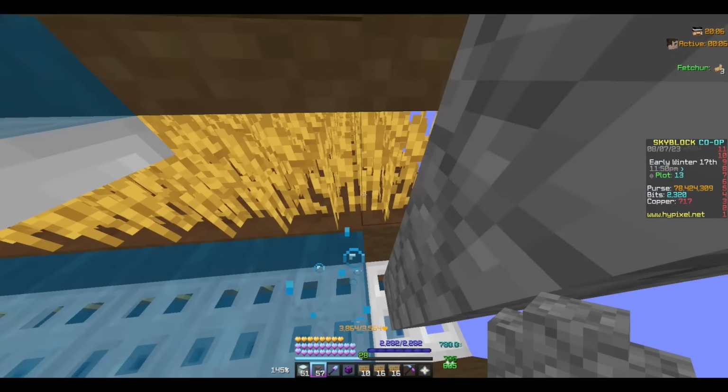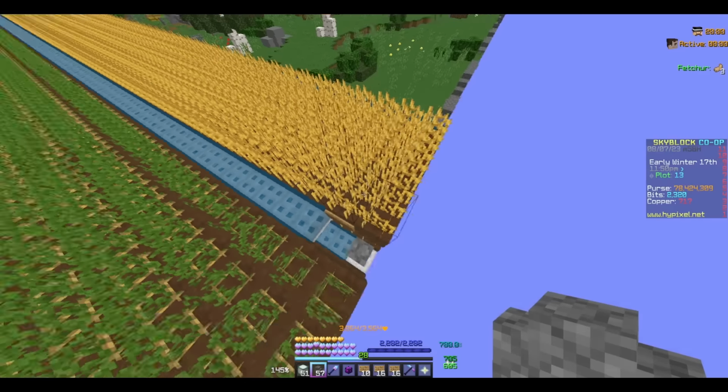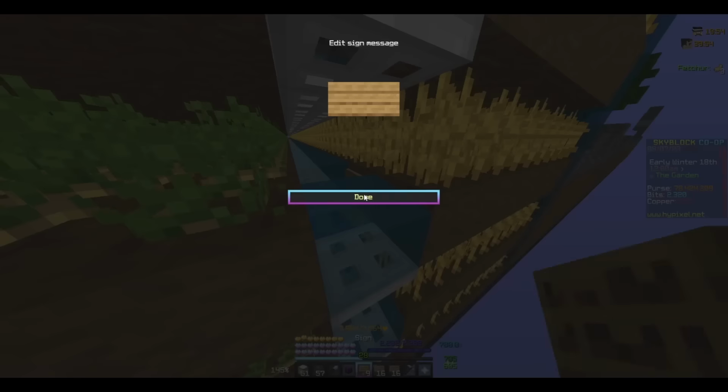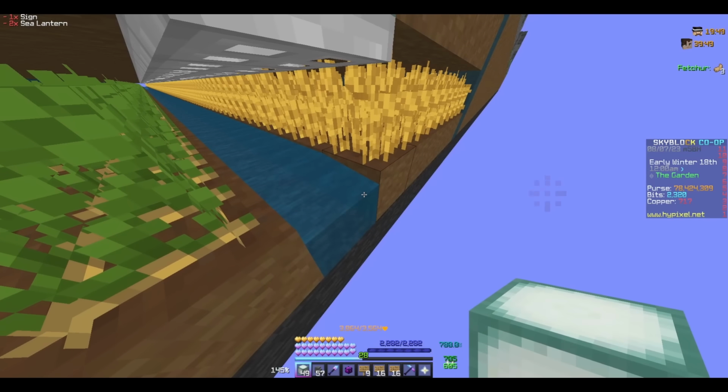So that's the main difference on this end. So as you can see, it jumped, but I didn't make it. And then you can go across. Now this down here is the exact same. You're coming down on this end, break this trapdoor, sign, and then sea lantern, and then this one, just to